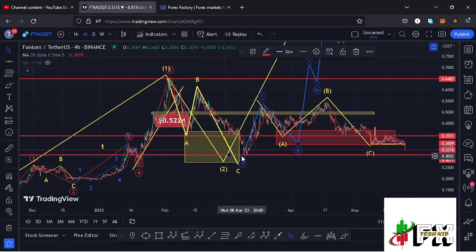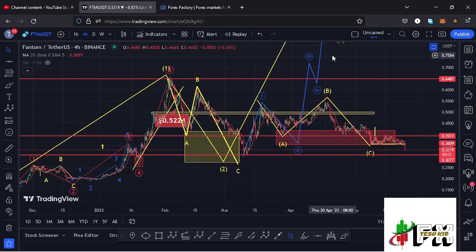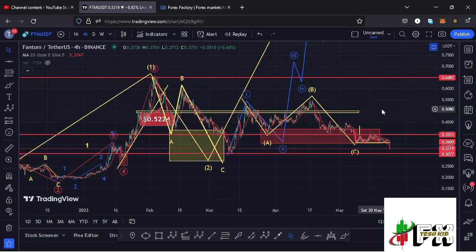And in case such a move plays out, then whatever we have been seeing over here, we can term it as a corrective structure, maybe an ABC corrective structure, expecting one more leg down in the formation of that wave C. We also need to have in mind that in case the FOMC meeting has a positive impact on the crypto market, then there are chances that we might see a bit of a bounce to the upside, and